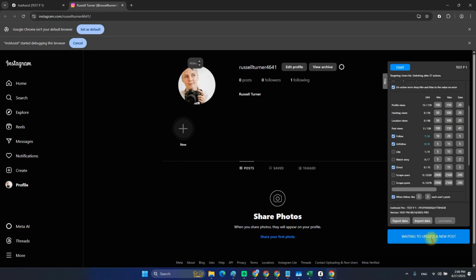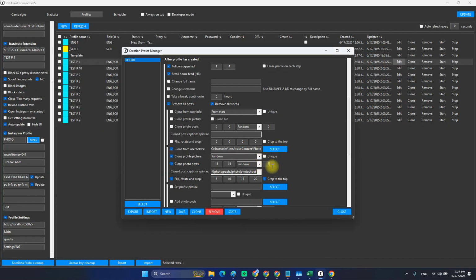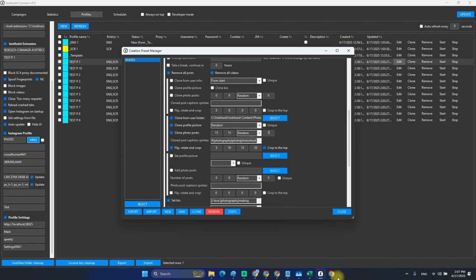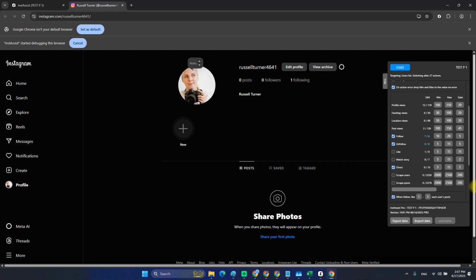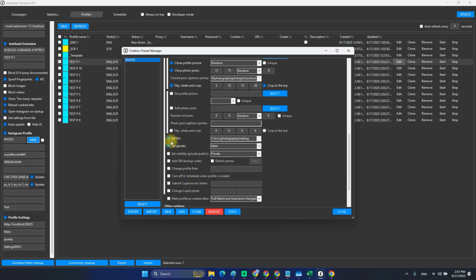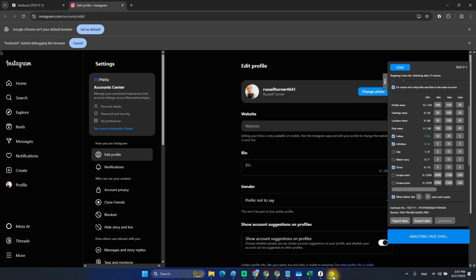Now it's uploading a photo post. We set it to 3 per day, so shortly it will stop uploading them. So now it's uploading photo post number 3. Okay. And next it will go to the settings and try to set the bio and the gender. Okay, it set the bio and the gender, and now it just started the automation, and we can open her